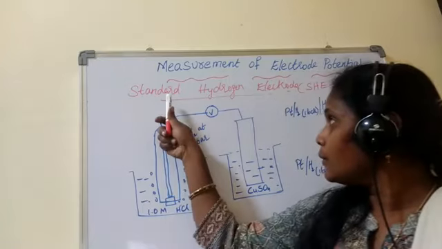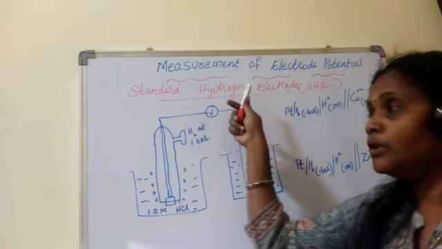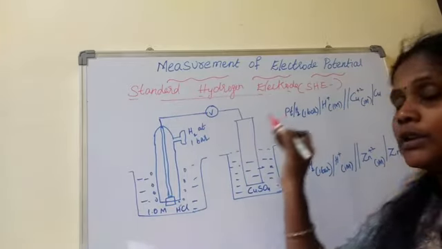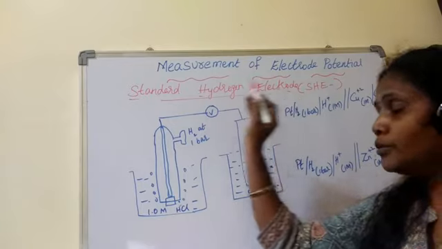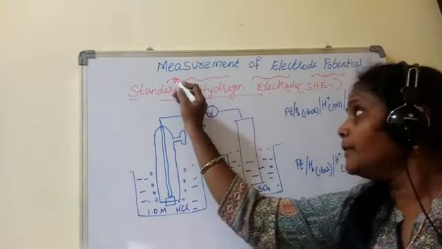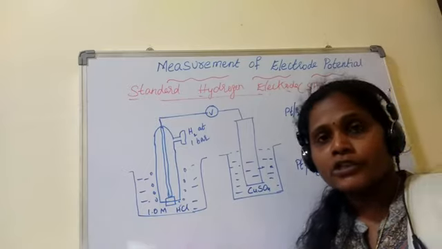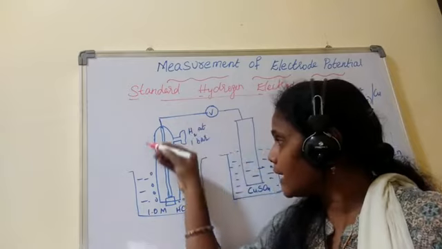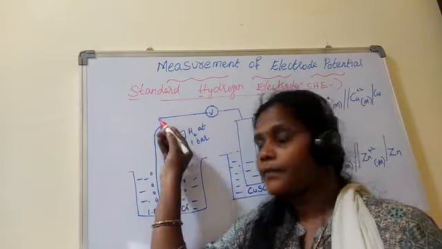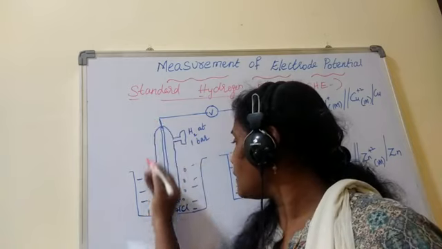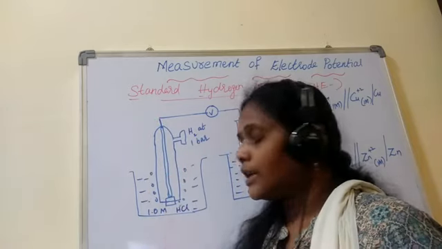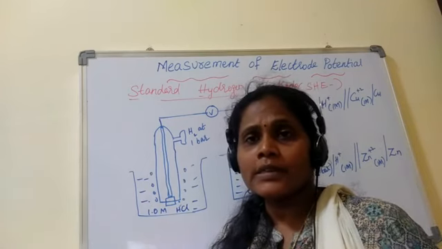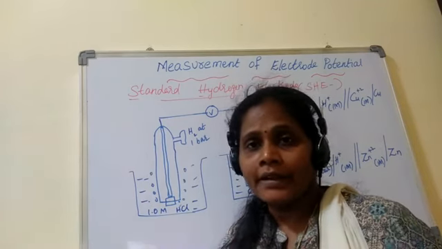Then here comes one example, the standard hydrogen electrode. Generally we call it by the first letters S, H, E, like SHE electrode. The standard hydrogen electrode is used to measure the electrode potential of different elements, right? For example, look at this. This is the standard hydrogen electrode set. First one, here is this half of the cell, standard hydrogen. For example, if I want the copper electrode potential, can I get it? No, because a single electrode potential cannot be identified.